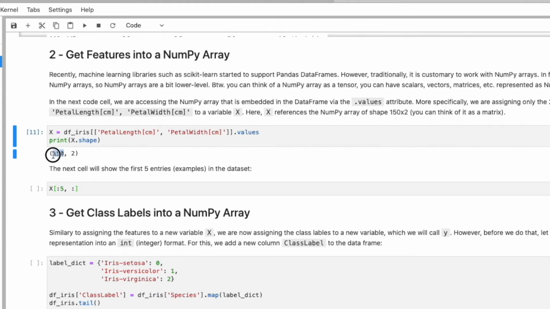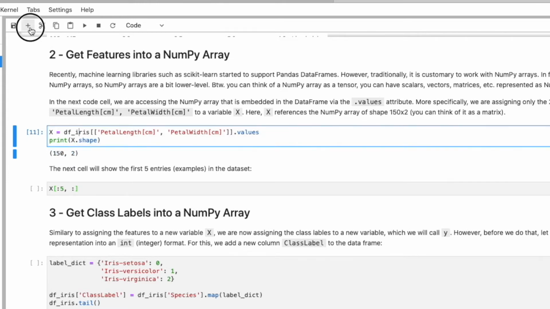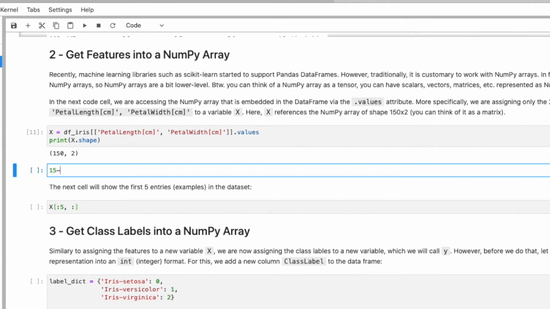It shows me that this data frame, this array, consists of two axes or two dimensions. The first dimension is the one on the left here, and this is the second dimension. So the first dimension has 150 entries, and the second dimension has 2 entries. So that is in the matrix, the n by m. It's a 150 times 2 matrix in this case.